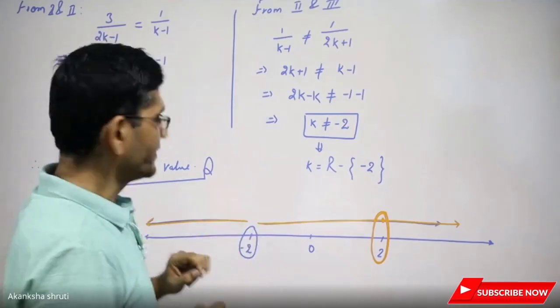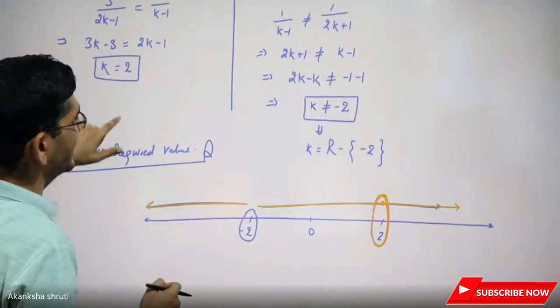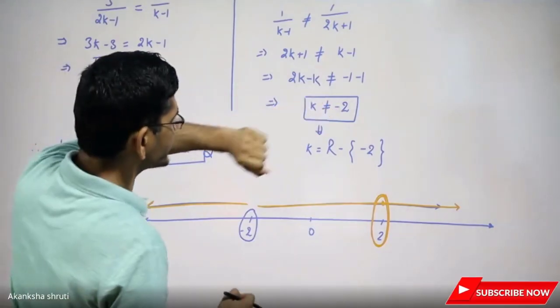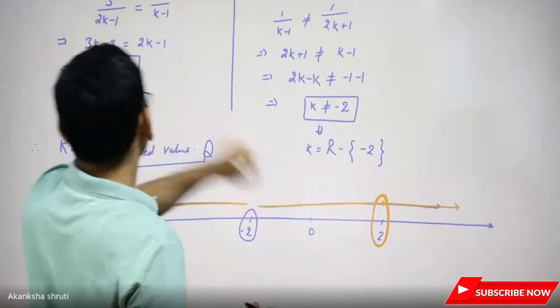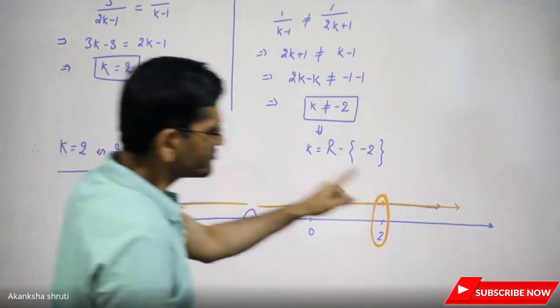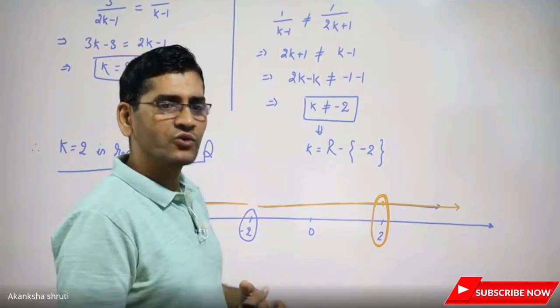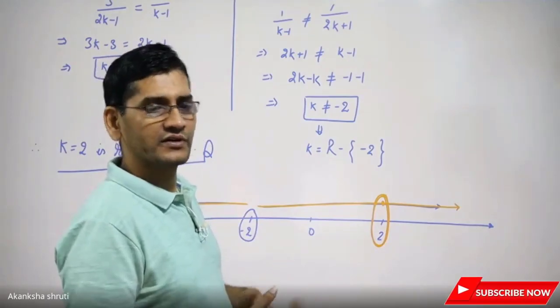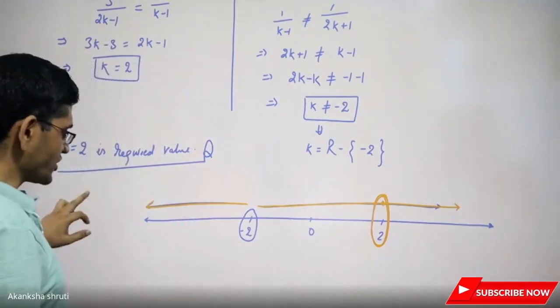By the way, if it is coming like this is telling that k should not be equal to 2, so 2 is not allowed, and this is telling that k should be 2. Is it possible? Then it becomes contradictory. Then no value of k is possible. ये हम अगले दिन करेंगे इस टाइप की चीज। So this was all about today's class.